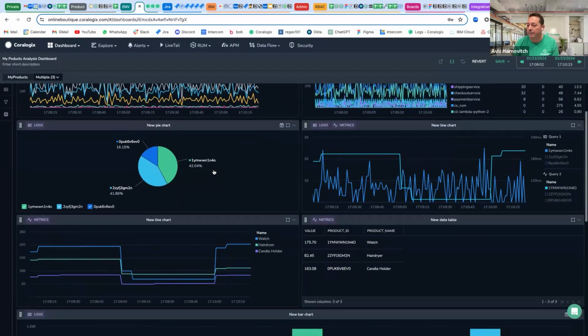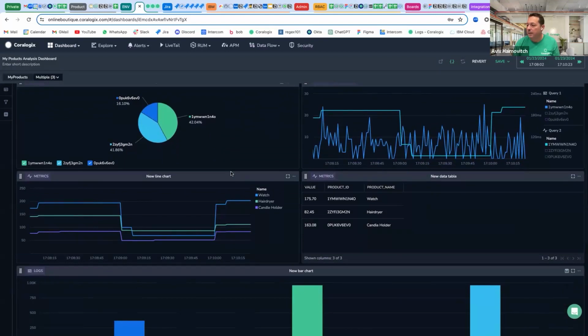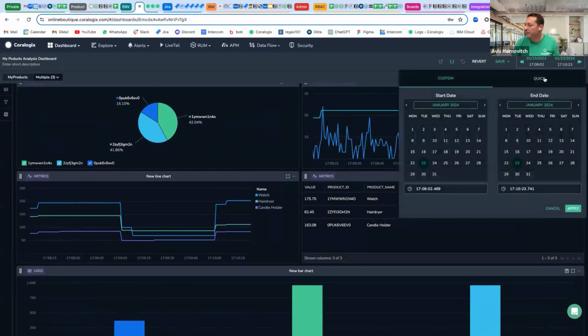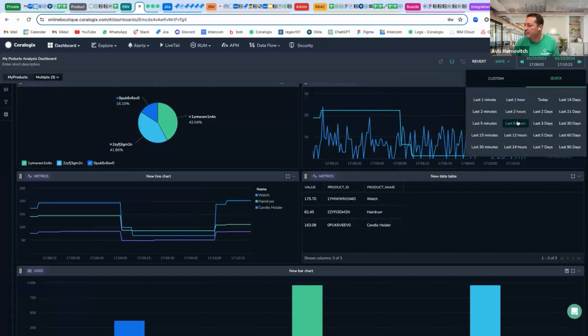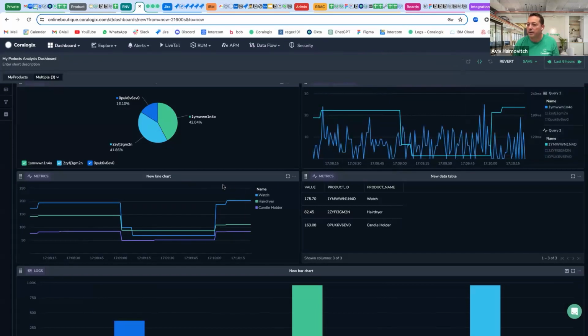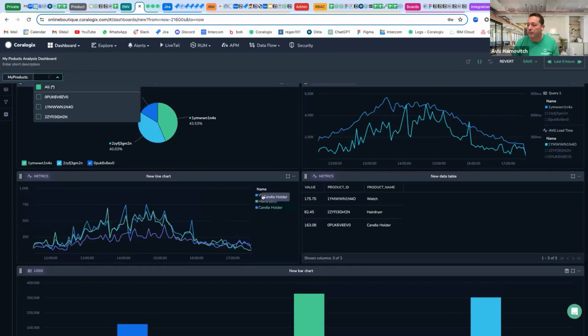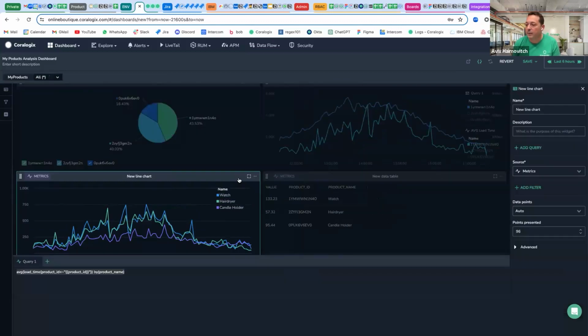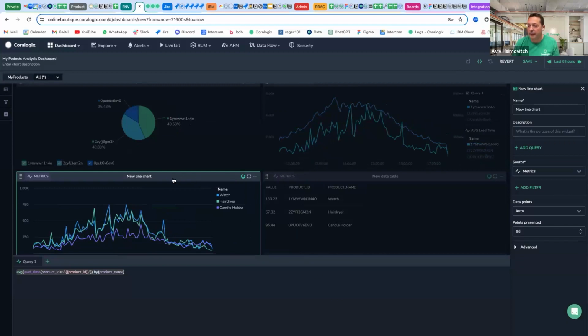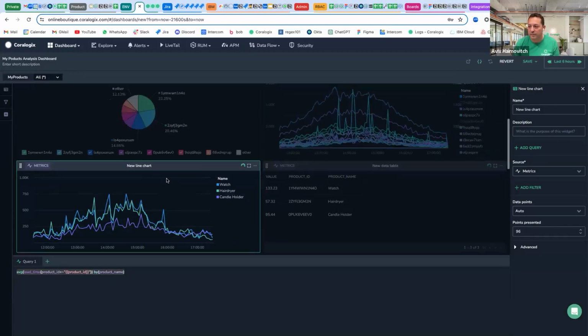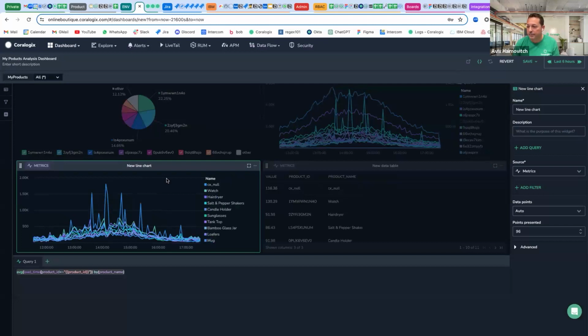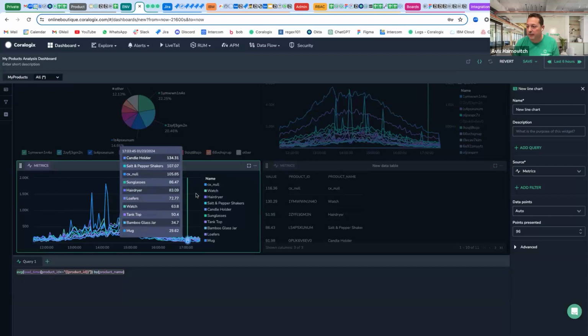So let's go to the metric. Let's have it bigger. Let's have it 6 hours. Okay. I'll bring back all of our product IDs. There we go. And for example, I'm taking a look now at the average time widget with all the product IDs. And I would like to focus on a specific one. Let's say, for example, I will take